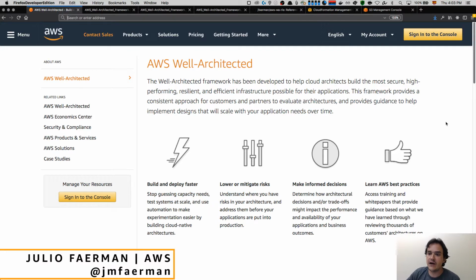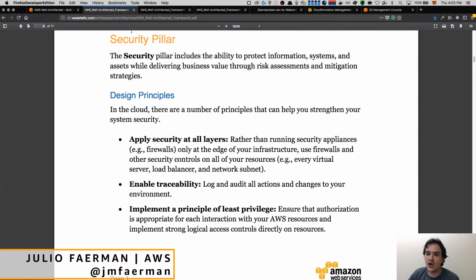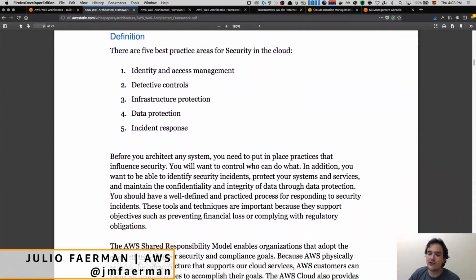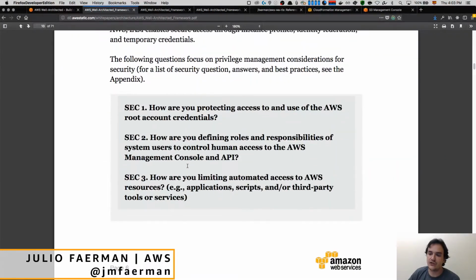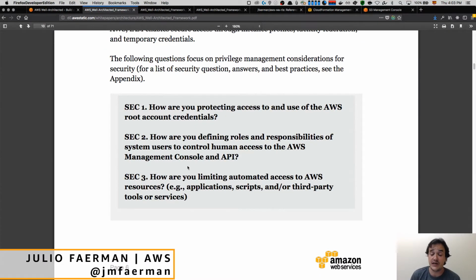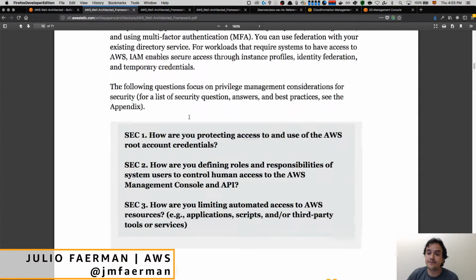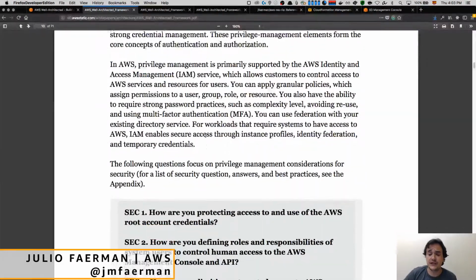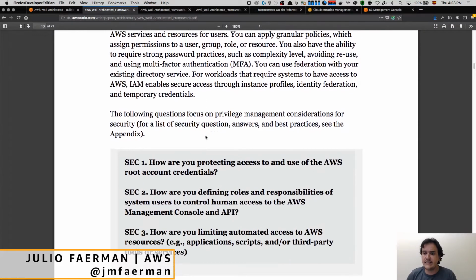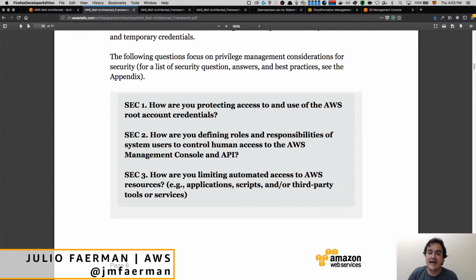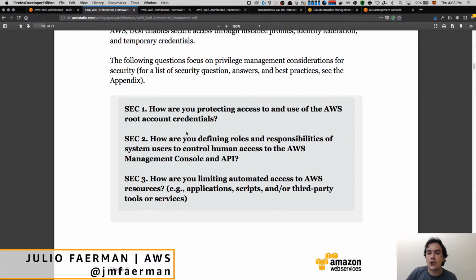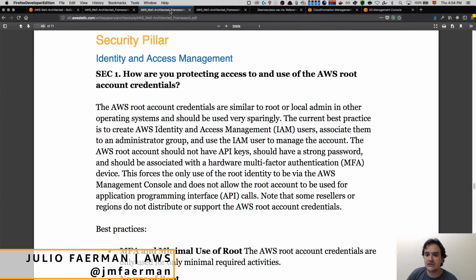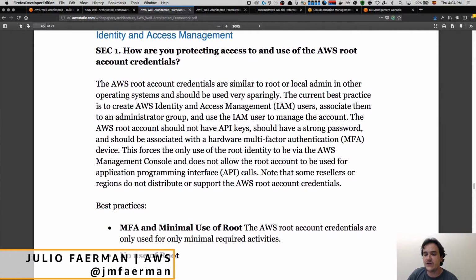But here in the WellArchitected document, you will see that it's all about the questions, and we've been through all the questions in previous episodes. For example, these are the questions that we will be covering today, the identity and access management questions. And you can see that the questions do not have answers here in the document. In the main document, you see only the questions, such as how are you protecting access of the AWS root account credentials, but only in the appendix there are some ideas for answering this question,